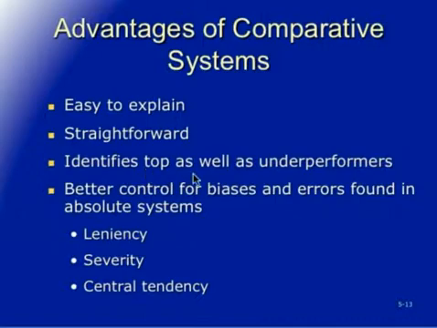This can be really useful. Okay, and it better controls for biases and errors found in the absolute system. So leniency, severity, central tendency. Go ahead and take a look in your text for the definitions of these. I don't want to take too long explaining these. Trying to keep these videos a bit shorter, and we're already up to about 15 minutes so far. Okay,